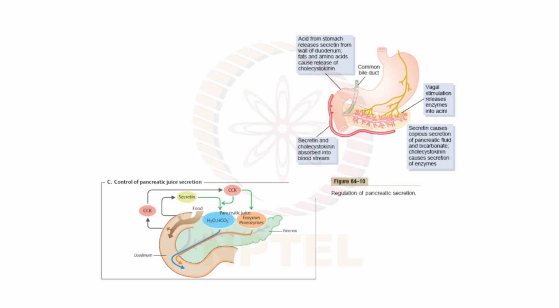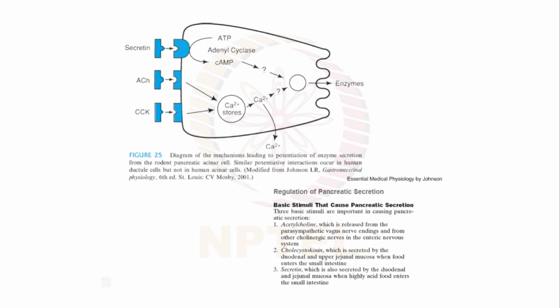This is again what we have discussed so far: all of the enzymes, the secretion, and their work. Again, as I was discussing, the acinar cells are acted upon by secretin, acetylcholine and CCK. CCK will help in discharge of the calcium stores inside the cell. Secretin, acetylcholine and CCK will help in discharge of the calcium stores inside the cell, and secretin will work by